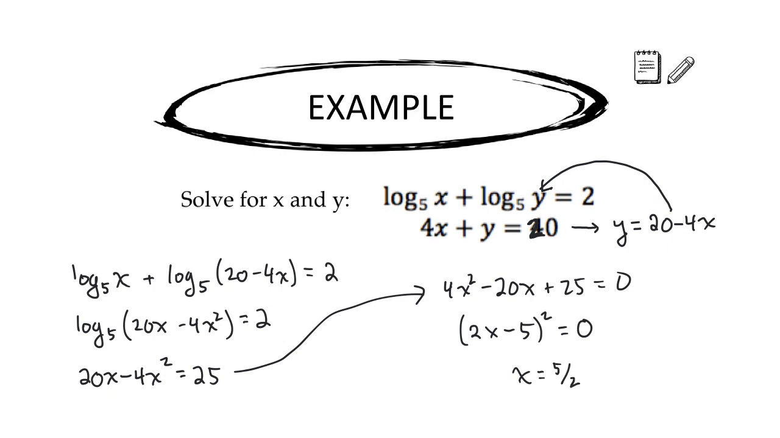If x is equal to 5 halves and 4x plus y is equal to 20, then y is equal to 20 minus 4 times 5 halves, which means y is 10. And thus my final answer is 5 halves for x, 10 for y,